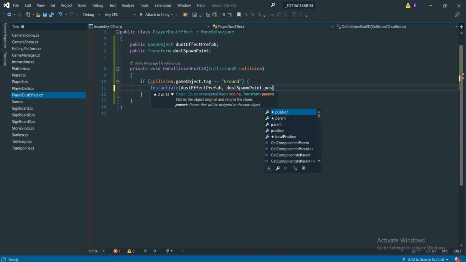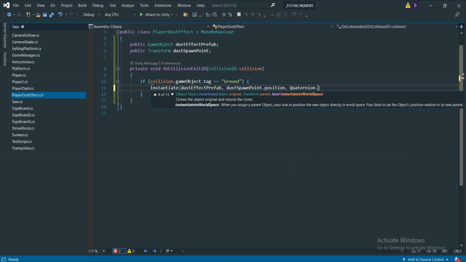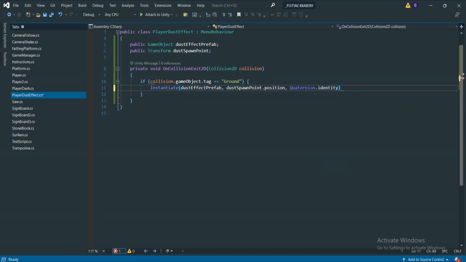And the third thing, it's going to take the rotation, so we don't want to rotate like that, so we're going to put something like Quaternion dot identity. It basically means no rotation. And now we're going to close that up with a semicolon, and if we press Ctrl S